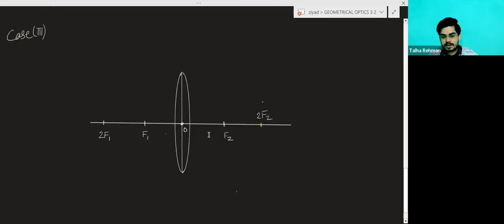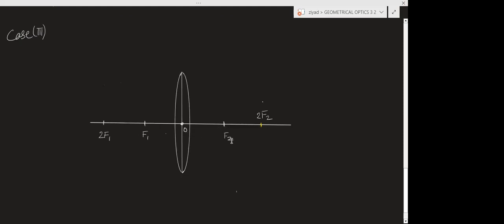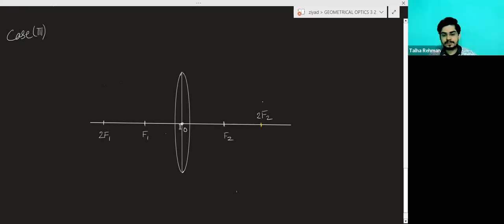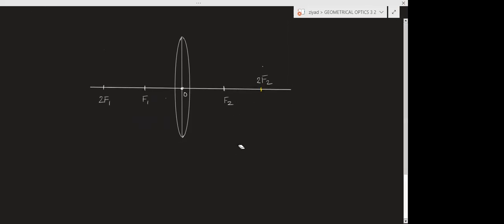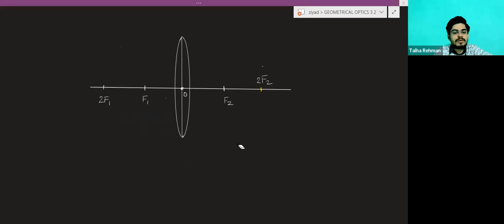When you mark f1 to f1, f2 and 2f2, basically the distance between the optical center and f1 is the same as the distance between f1 and 2f1. In the same way, the distance between the optical center and f1 is the same, this distance, this distance, this distance, all are the same. Now we will place the object between 2f1 and f1,